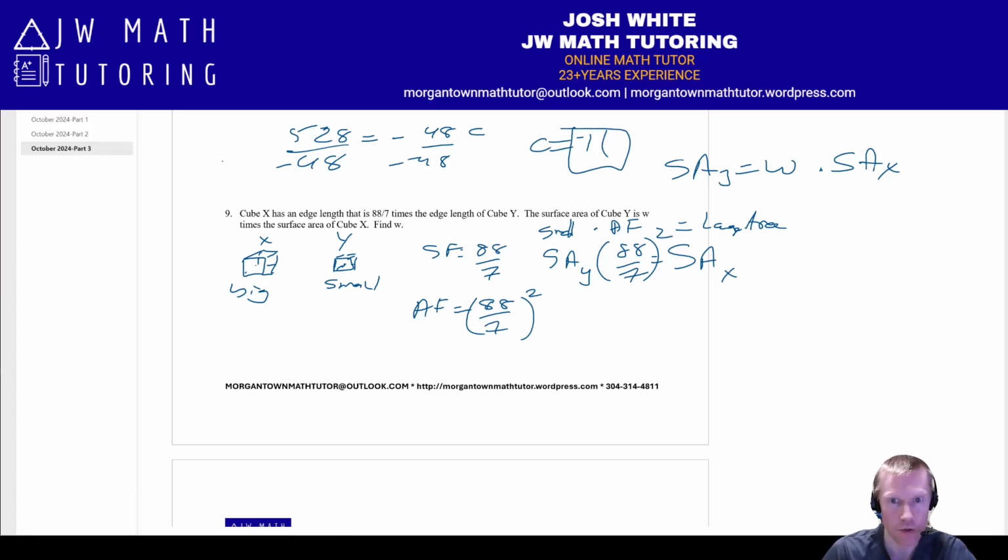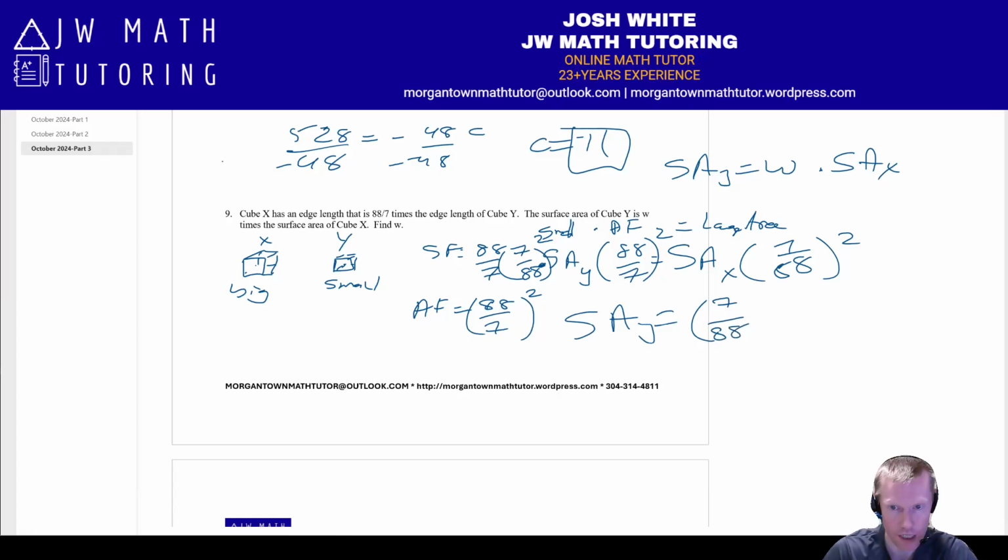So essentially you could divide by 88/7 squared, or really what you're doing is multiplying by 7/88 squared. So the surface area of y is equal to 7/88 squared times the surface area of x. So now this is the number that corresponds to the w. So the w value is going to be 7 squared over 88 squared, which is 49 over